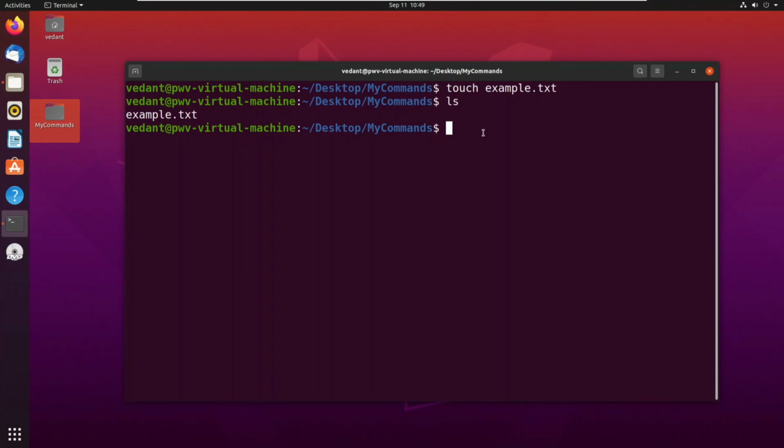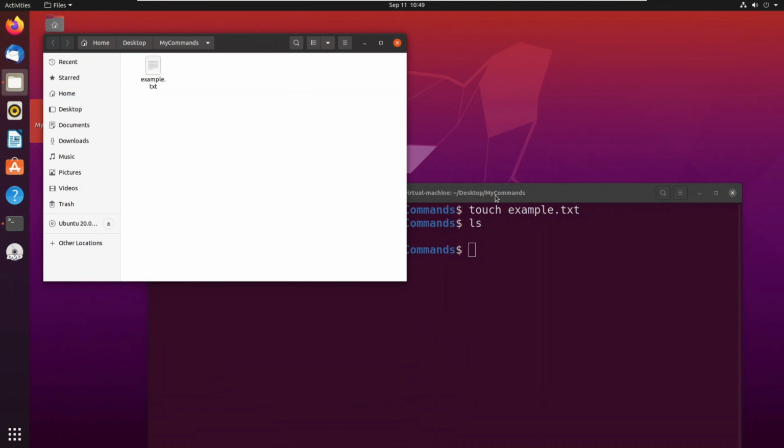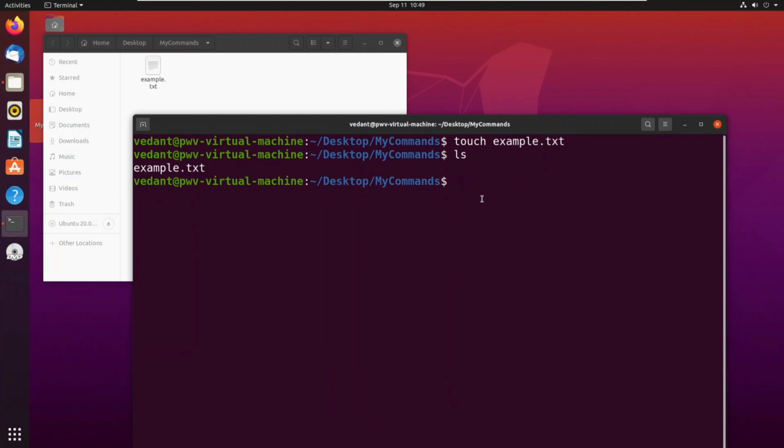So now let us move on to our next command, which will help us to remove a file. So far we have created a file. Now it is our time to remove a file. How we can remove our files is with the rm command. This rm command basically stands for remove, and we can simply pass the name of our file, and